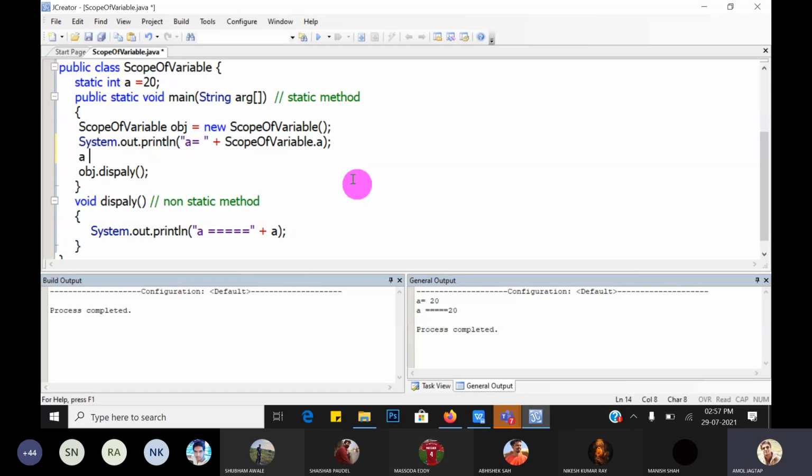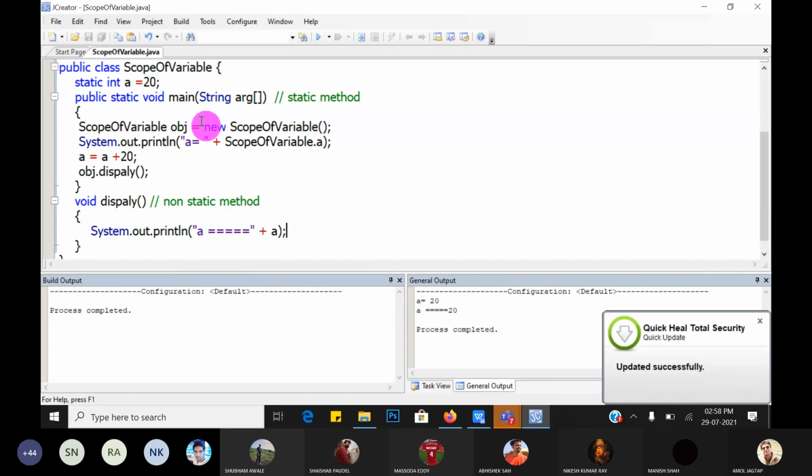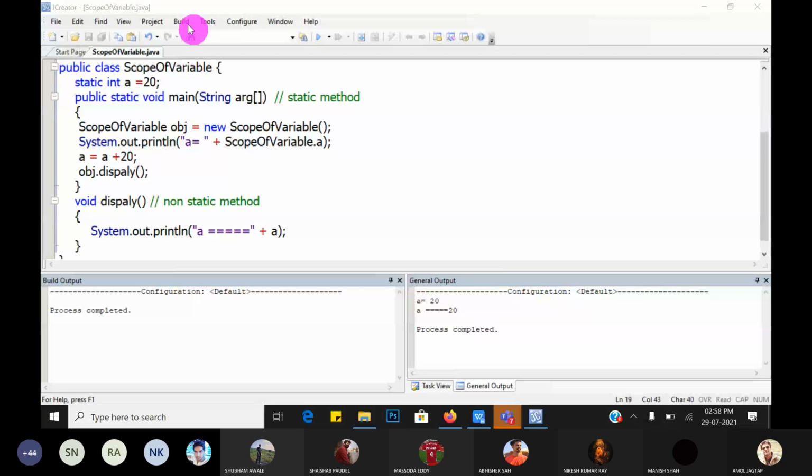Suppose I have made some changes here. A is equal to 20. Okay, initially A is equal to 20, then A plus 20. So what is the output here? First A is equal to 20, and next time A is equal to what? 20 or 40? First compile it.